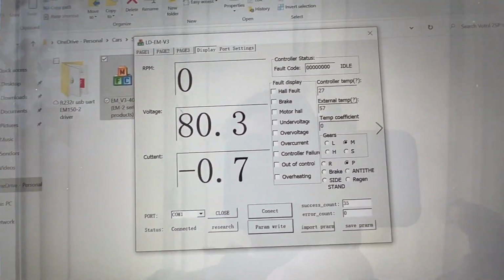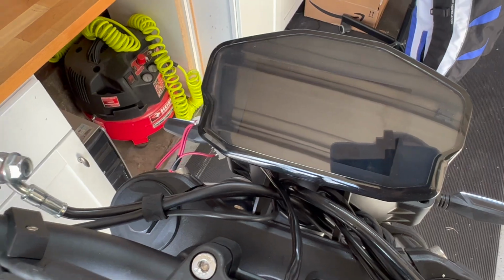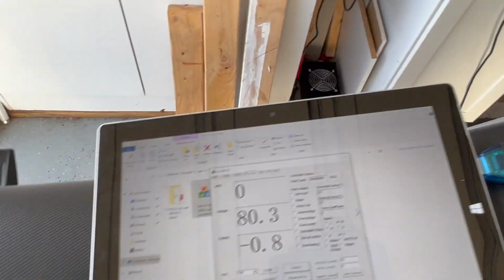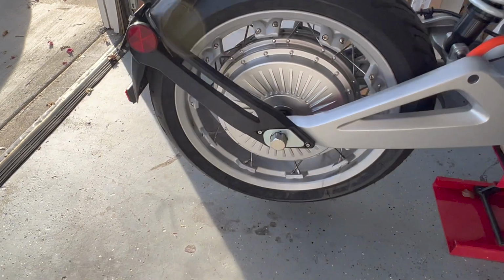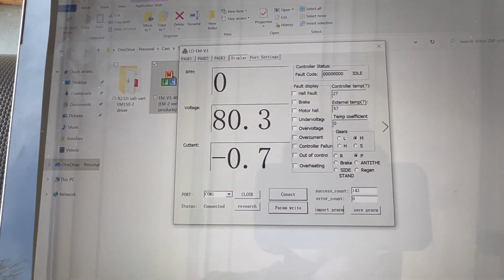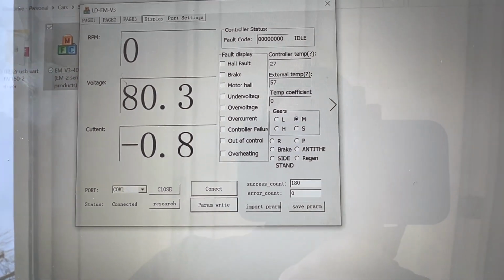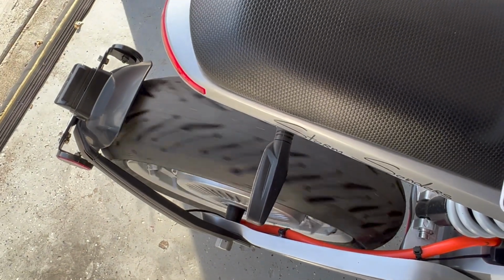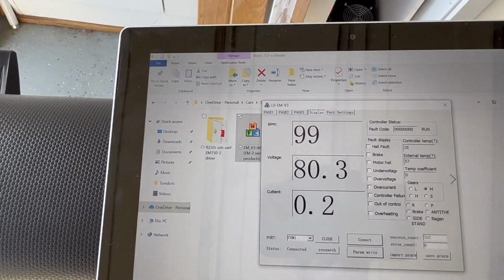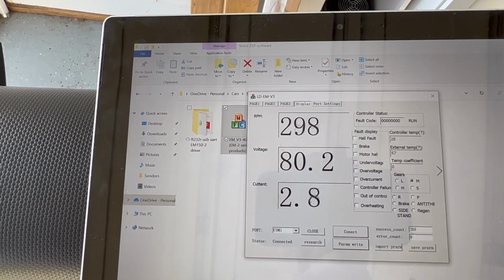Okay, so we are in P. I do not have a speedometer, so I have to look over here, and my wheel is up in the air. So let's put it in drive. P went off. So now I can just pull the throttle and the wheel starts turning. We go to, let's say, 300 RPM, and then